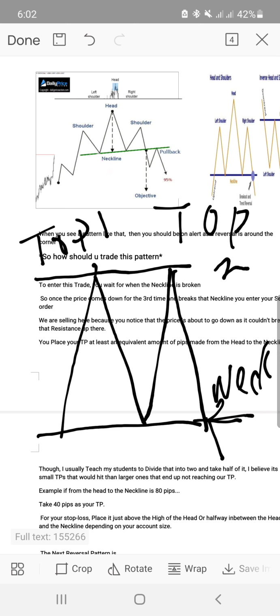Now when price breaks this neckline, that is where you make your entry. This is for double tops. Then for double bottom,